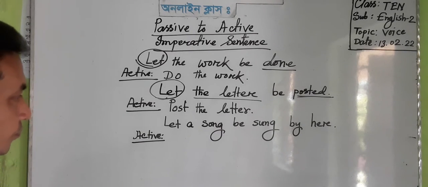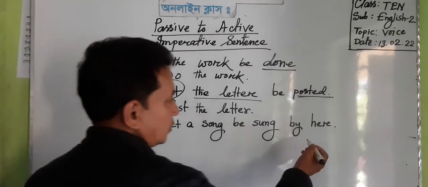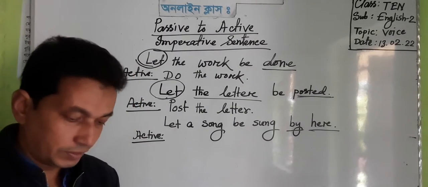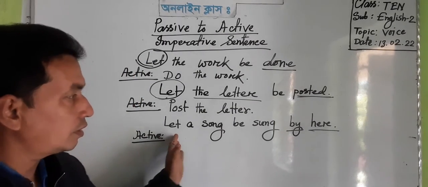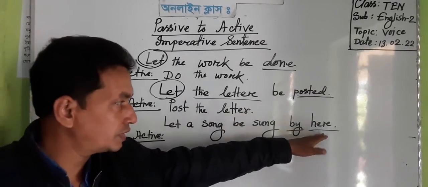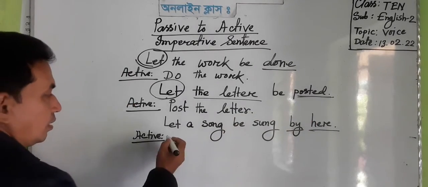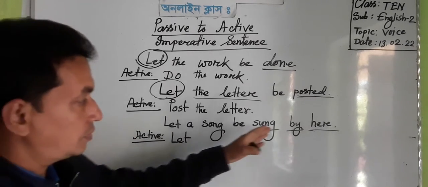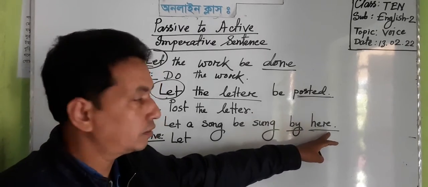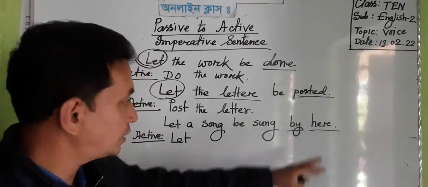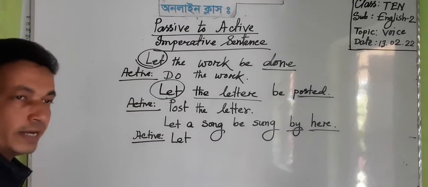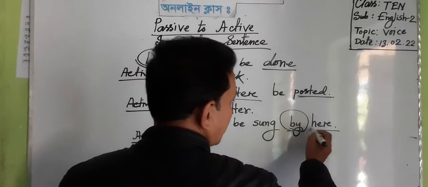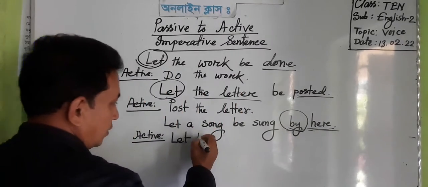Dear students, here is an indirect object with by, the preposition by. So this sentence will start with this personal subject, that means the indirect object. So let will be written here because of by and the personal subject, the indirect object. Dear students, let, and then we have to discard by as a preposition, and we have to write the object,